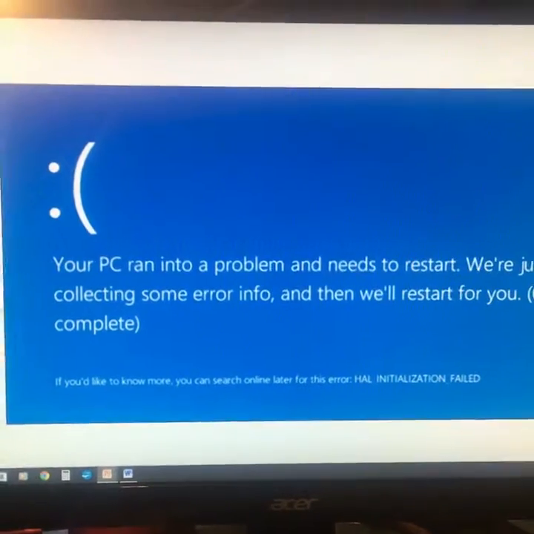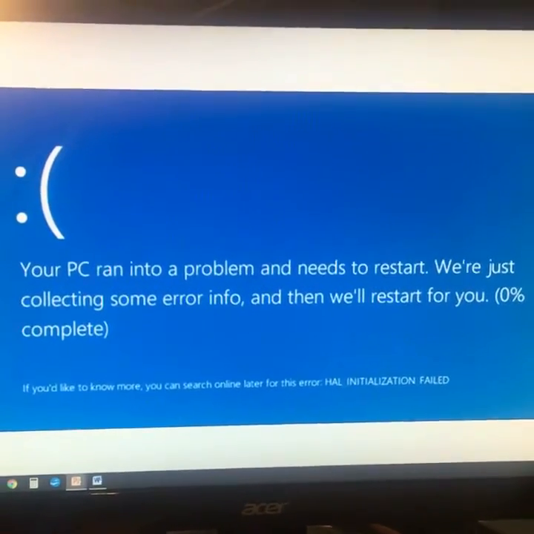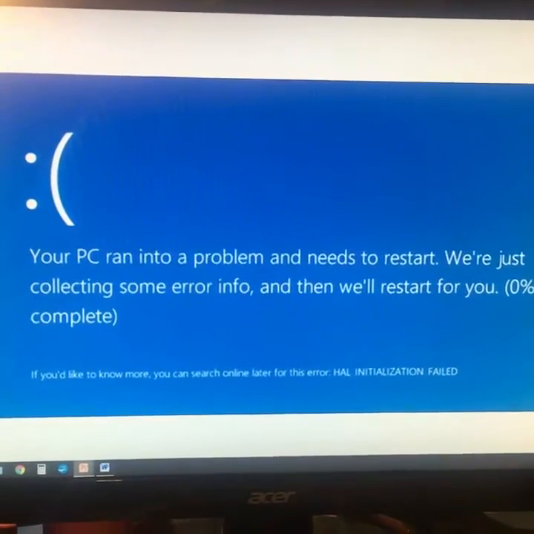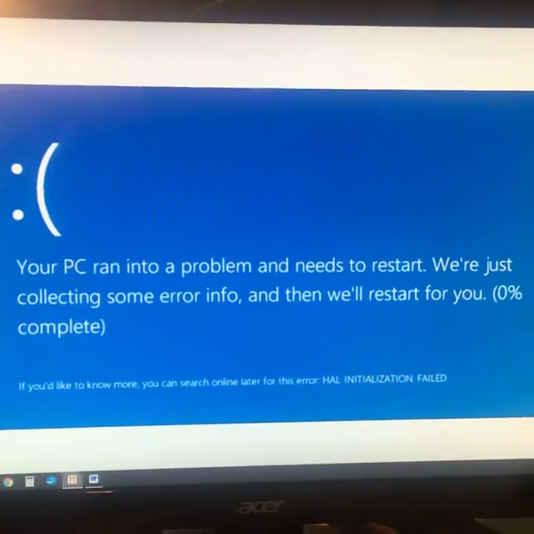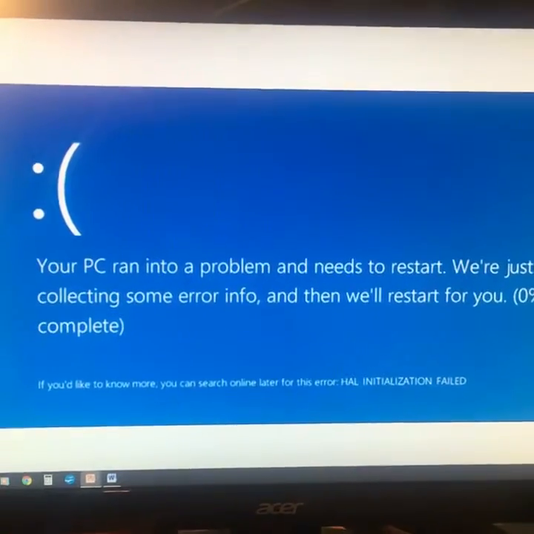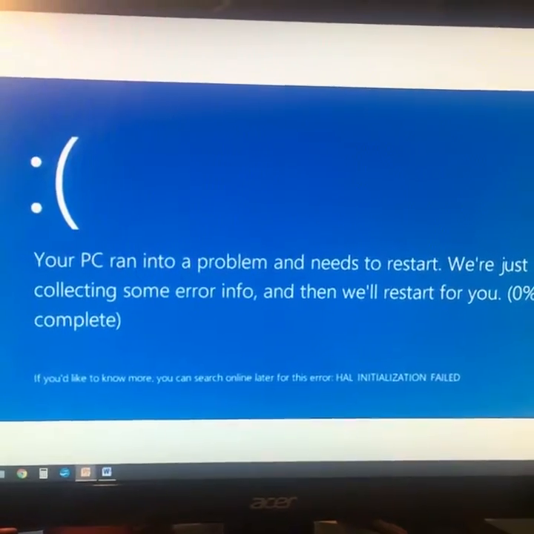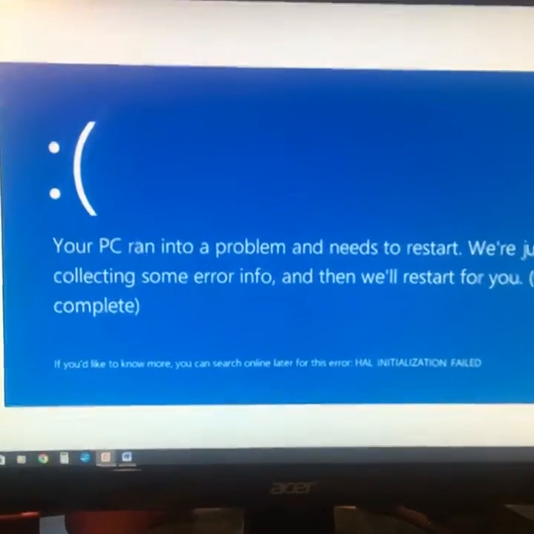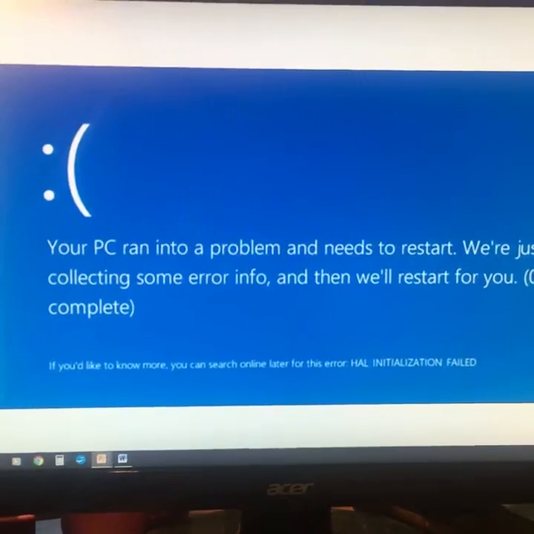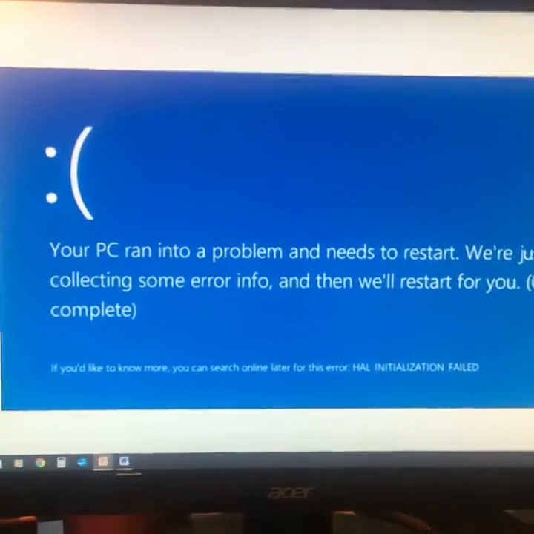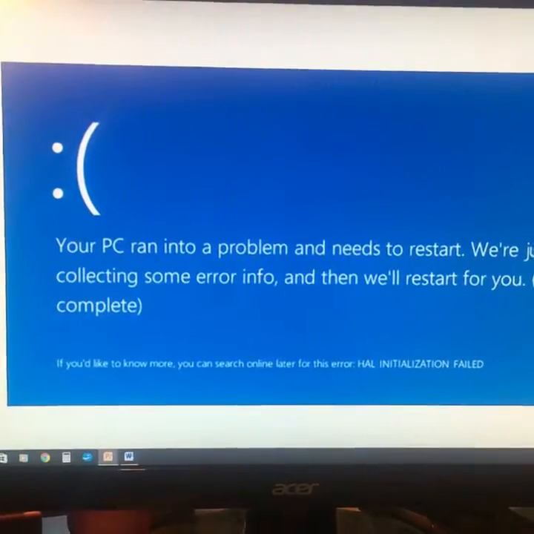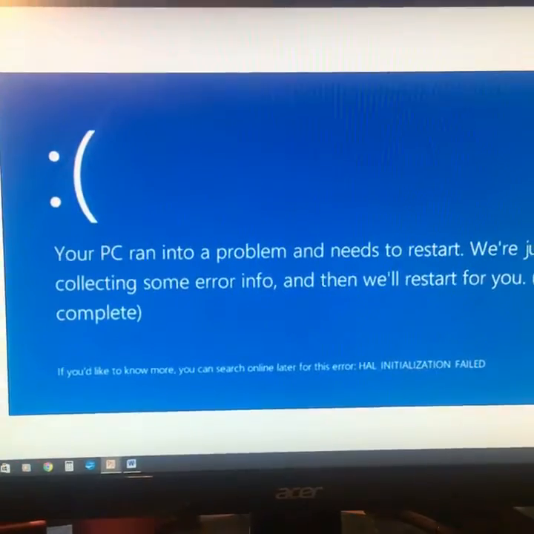You can attempt to scan for malware using Malwarebytes to find out if you've got any viruses on your computer. It's a rare instance that a blue screen error message will be caused by a virus, but you can definitely check and see if you've got a virus. Another thing that you can try to do, but it may not help, is you can install updated drivers for